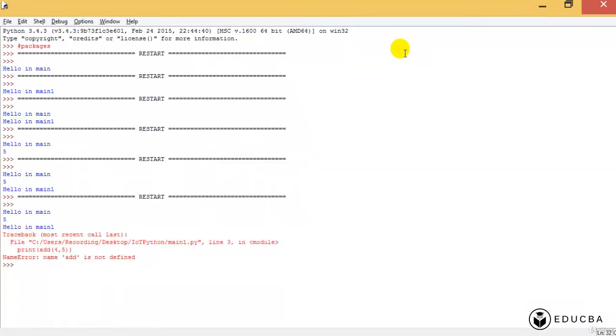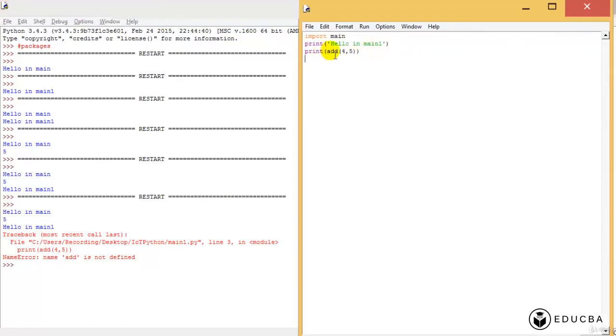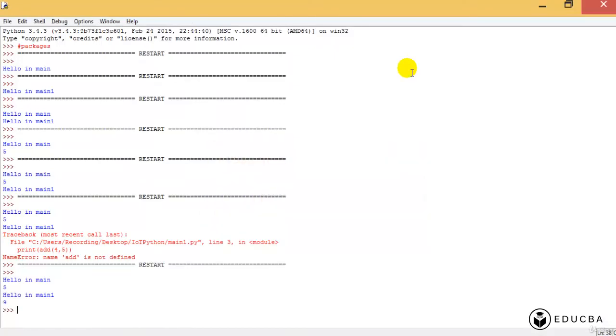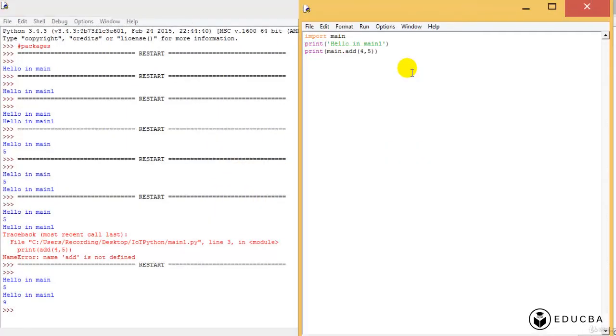So this add takes from your present file. Oh, add is not defined, which means I need to do something else. Instead of add, if I do something like this, main.add, okay, if I do main.add and then run this out, wow, so that means I can call